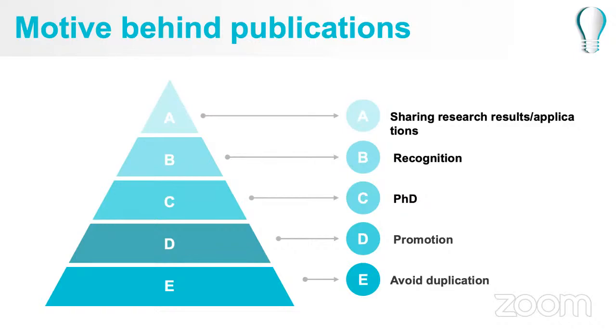Sharing research results and applications is a very broad spectrum of writing and publishing. I feel that it should be given more priority for publishing. Then recognition, definitely everyone receives recognition. As I showed you, I received 1 citation for the article recently published, and 33 citations for the article published 8 years back, right? So recognition is really important.